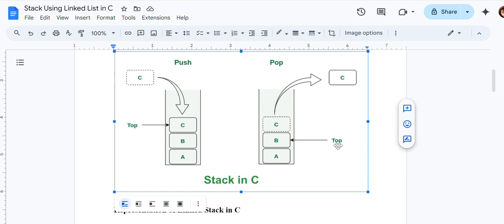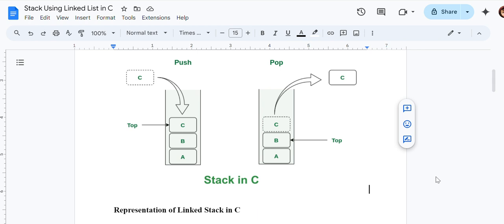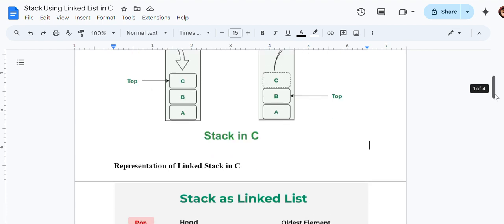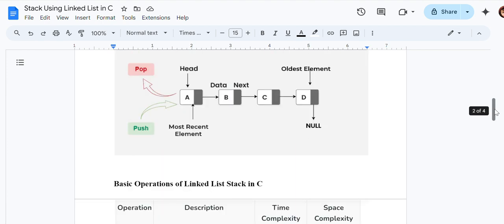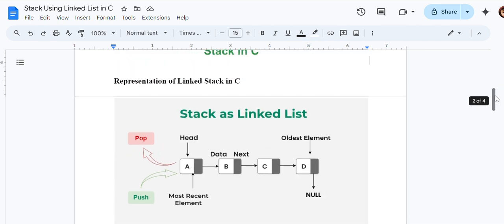When we look into implementing a stack using a linked list, in the last video I mentioned the important merits of linked lists. When implementing a stack using an array, the limitation is that the memory you occupy, the capacity of the stack, has to be predefined.